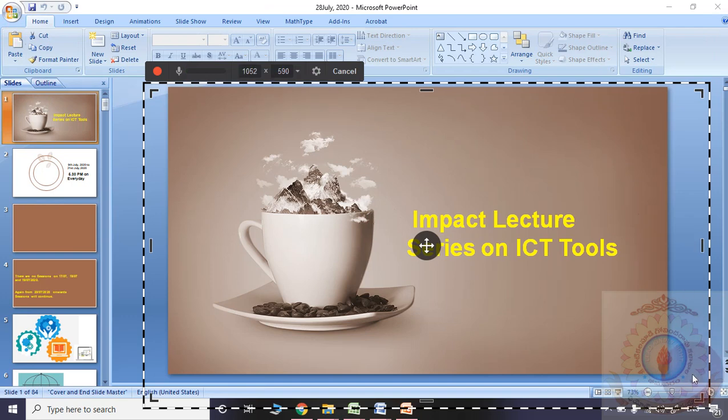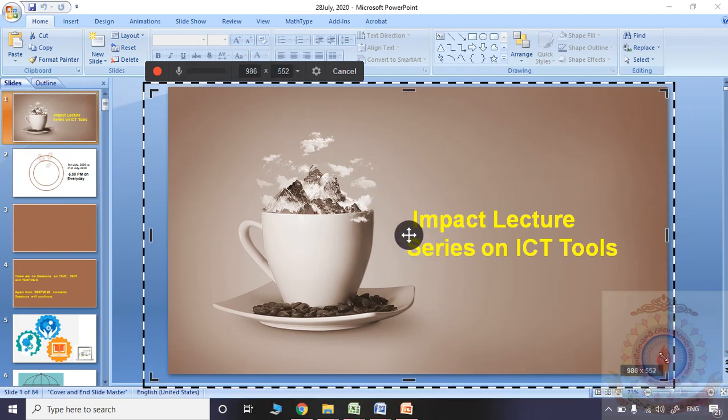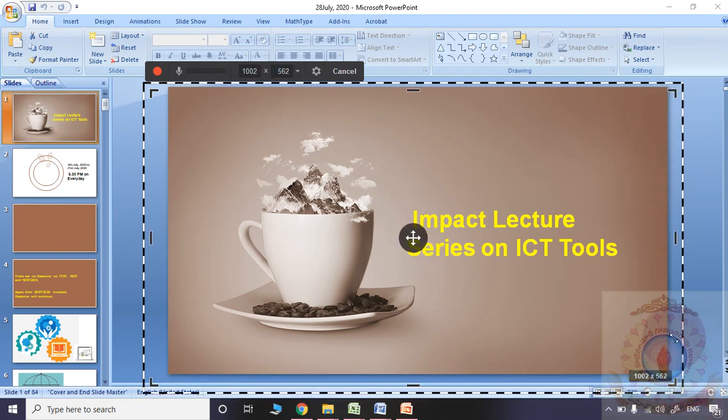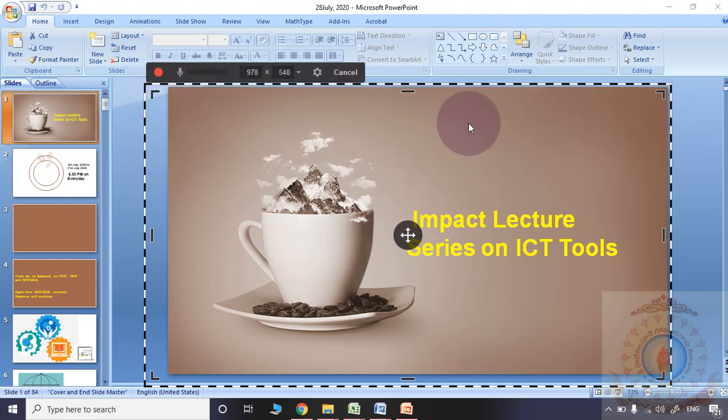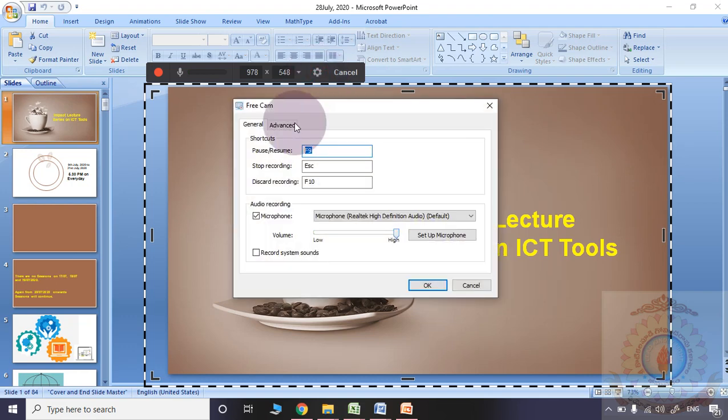So I am confining this area to my slide. Is it okay? The dotted line is completely covering the area of the PPT slide only. So here please observe, settings are there.